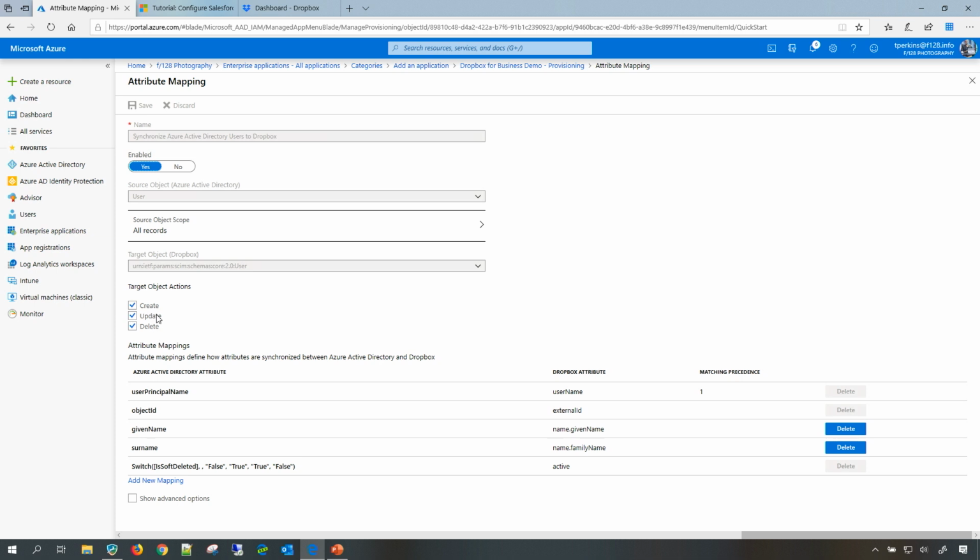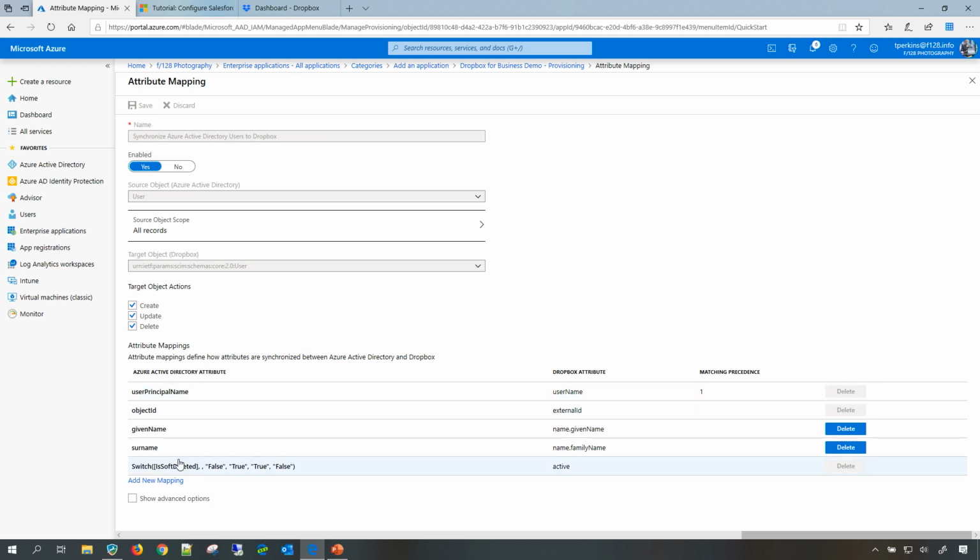That means you can enable creation of an identity in the target system, updating and deletion. I can select only create, or update and delete, based on my requirement or based on how your particular organization wants to use the user provisioning connector. I'm going to make all three available because I really want to create identities, update the identities on an ongoing basis and delete the users. Note that delete does not mean that we are going to delete the user in the target system, but it is more about disabling the particular user in the target system.